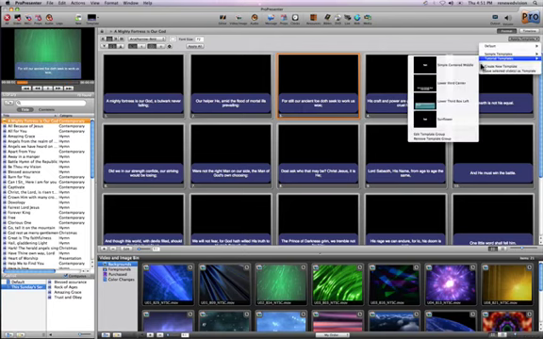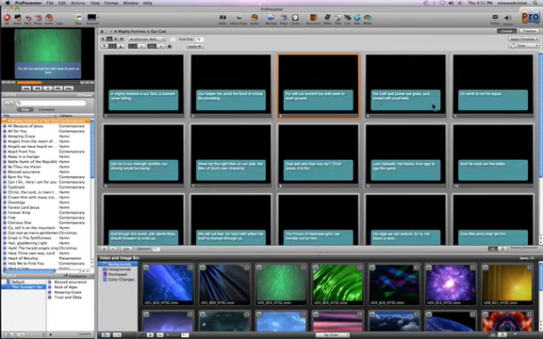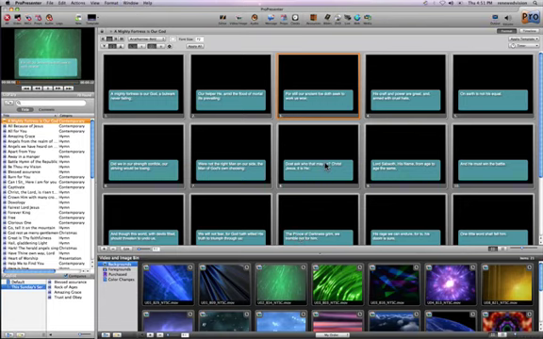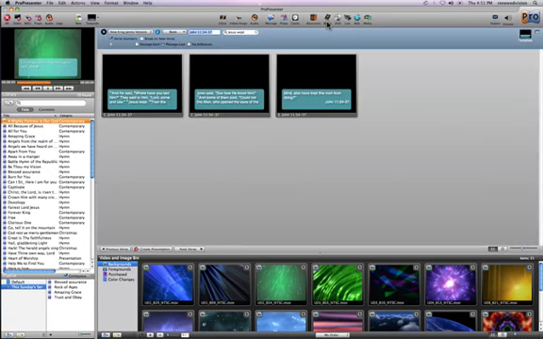I'll choose another one. This is a lower left with a semi-transparent background. And I can have graphics as part of these templates as well. So templates are a very, very powerful new function within ProPresenter 4. In addition to using them with our existing presentations or new presentations, we also have a brand new scripture engine for Bible presentations. And I'd like to show you that because templates play a great part in the scripture engine